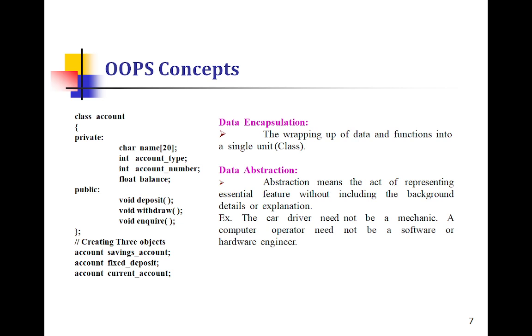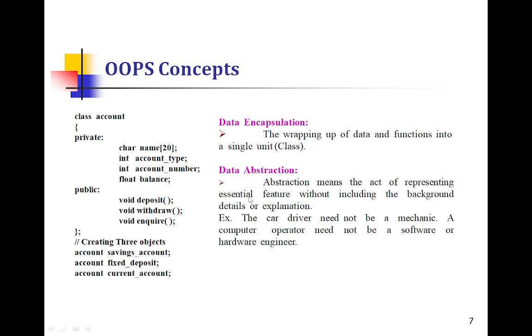That's a class. So here you can see that we have created a class account, and within that private and public, and we can have 4 attributes and 3 functions. And we are creating 3 objects for the single class account: saving account, fixed account, current account. These are all the various objects we have created for the single class account. So that is the simple class, how to create a class and how to create an object for a class syntax.